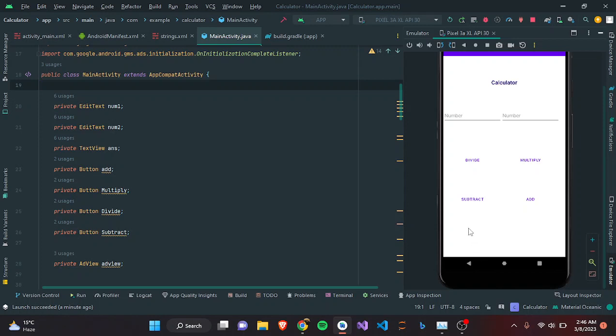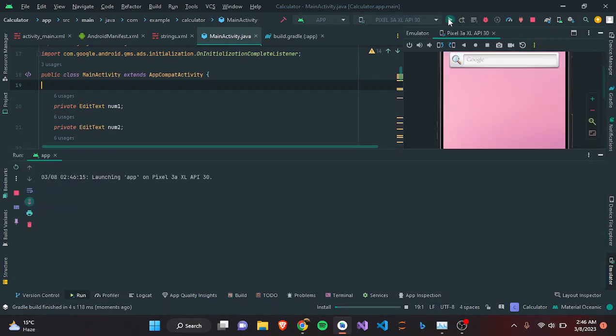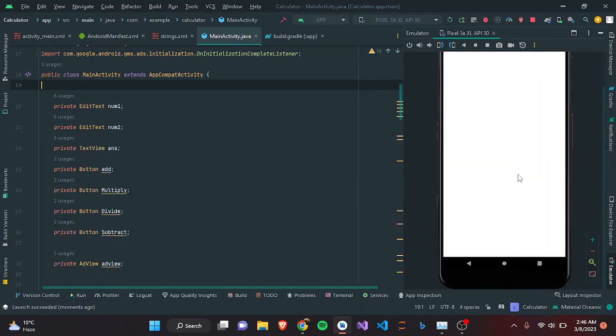Okay, so I've checked one more thing. Now if we are loading this, the ad is basically not showing. Okay, so let me tell you, the ad is basically not loaded. So what can you do? How do you know whether your code is invalid or the ad is not being loaded? So we can do this